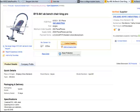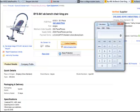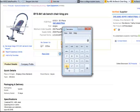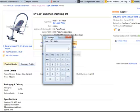So I imported a container. I first imported a 20-foot container, so there weren't as many units. But then when I went to the 40-foot, obviously after I'd sold the item quickly, I upgraded, and I think a 40-foot container contained about 880 units, and then you multiply that by